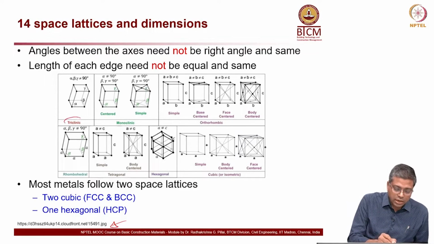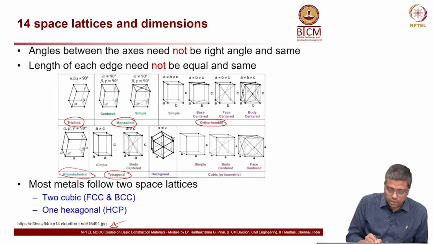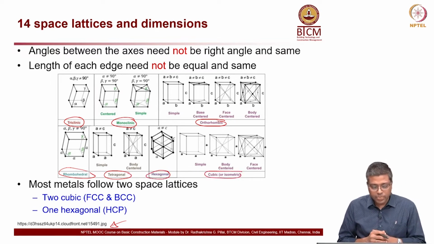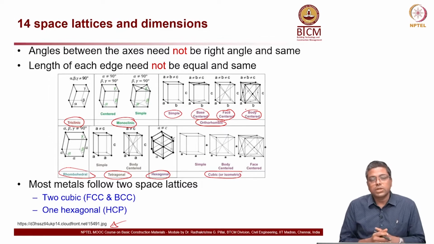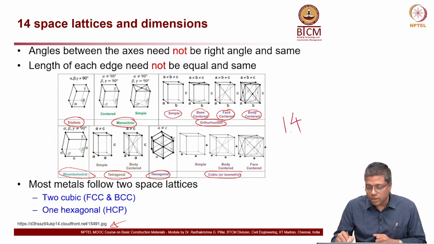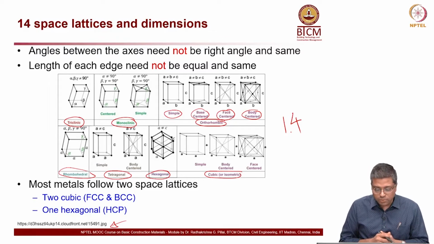So, you have triclinic, monoclinic, orthorhombic, rhombohedral, tetragonal, hexagonal and cubic or isotropic. Okay. And within this you have other subcategories, like in case of orthorhombic you have simple, base centered, face centered, body centered, like that. So, there are a total of 14 space lattice arrangements possible,